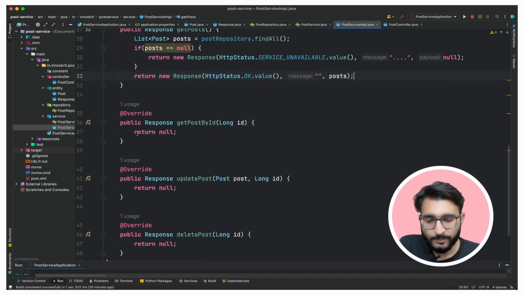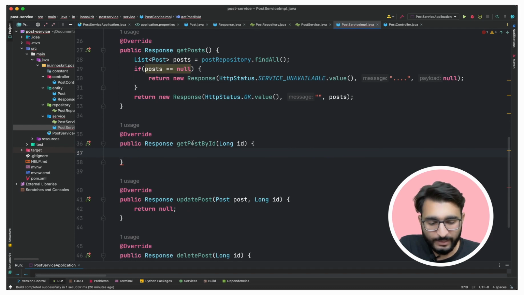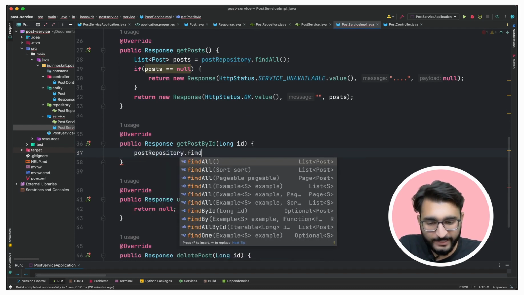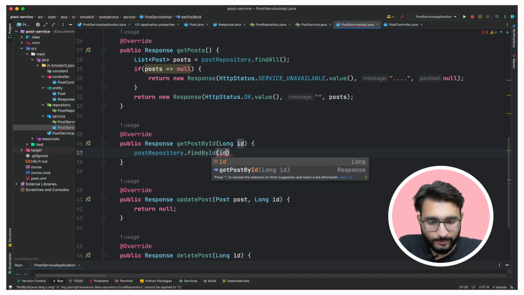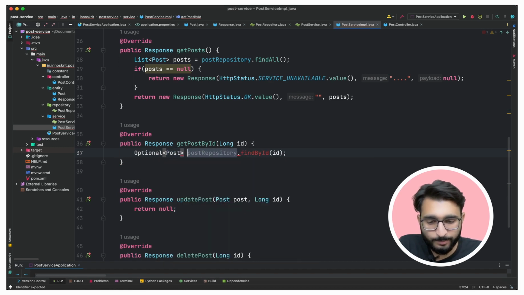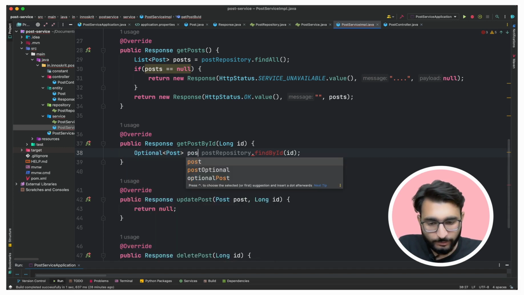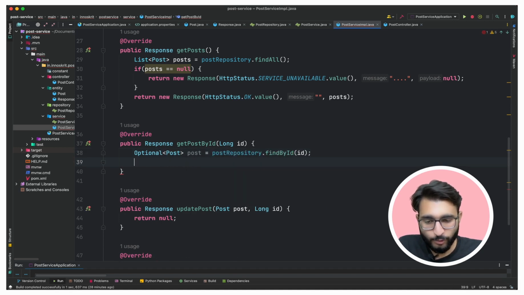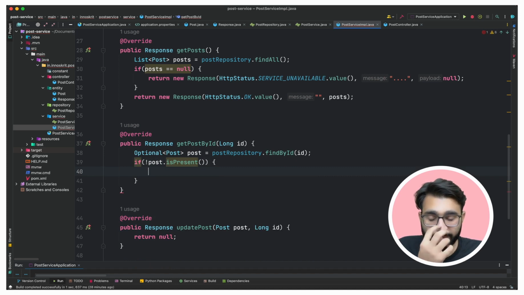But let me just come to this get post by ID as well. Now once again you will take the help of post repository dot find by ID. You will pass the ID over here, and this is going to give you an optional post. Optional is because the post that you are trying to get might not be available, right? So that's why it gives you an optional kind of value. So post is equal to this. Now you can check if this post is not present. isPresent is a method which tells whether the post related to this ID is present or not. If it is not present, it will run this if condition, and we can then